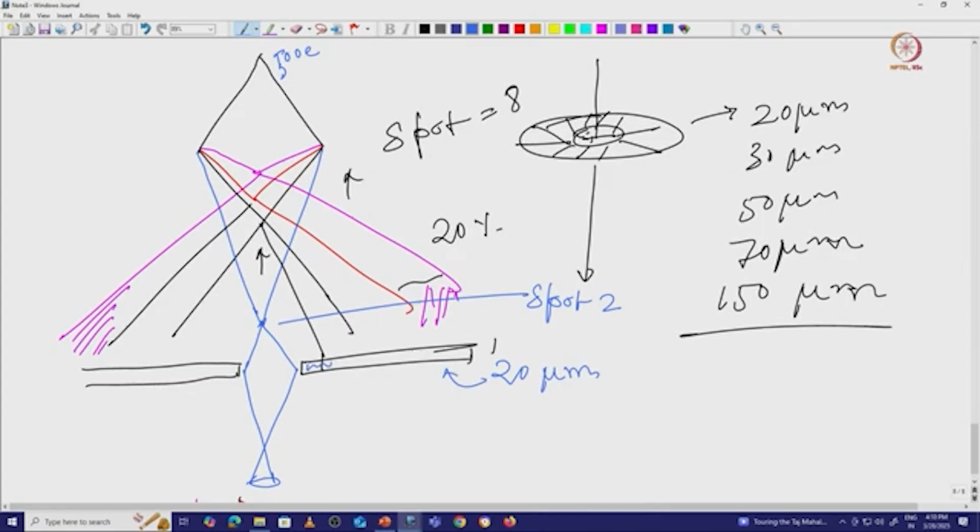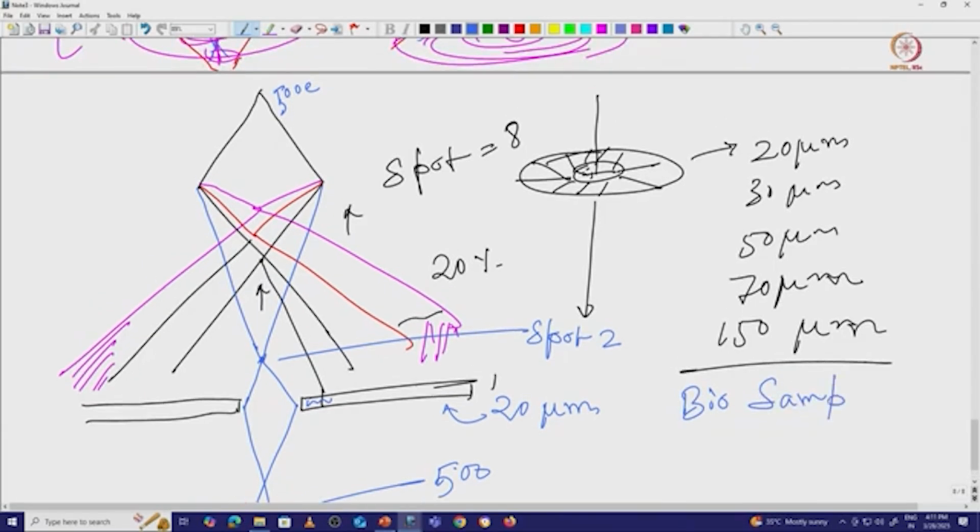But if the spot size is very small, that is 1 or 2 or 3, you can see most of the electrons are going through this. So here your beam diameter is also small, and all these 500 electrons are saturated in this particular area, which is not good for your sample. For a biological science sample, a biosample, in cryo condition,